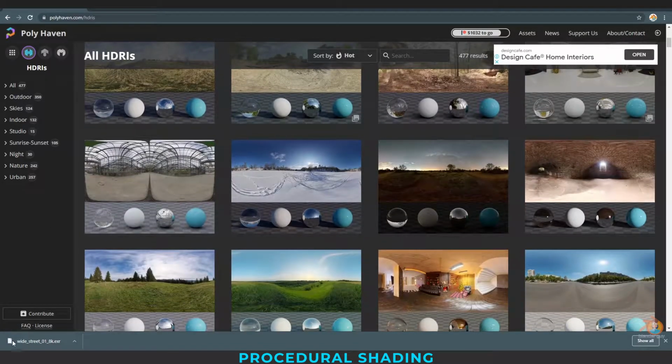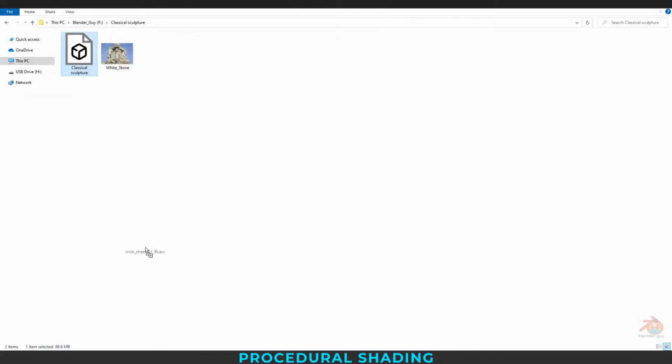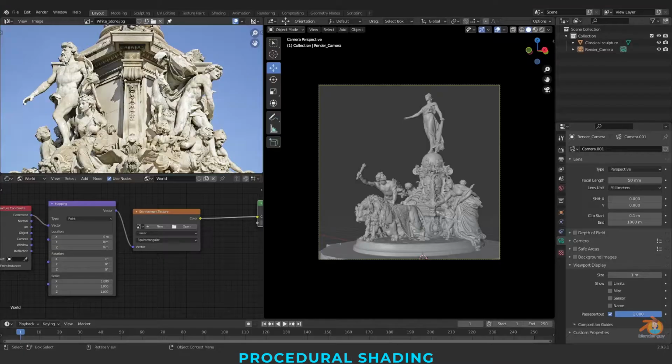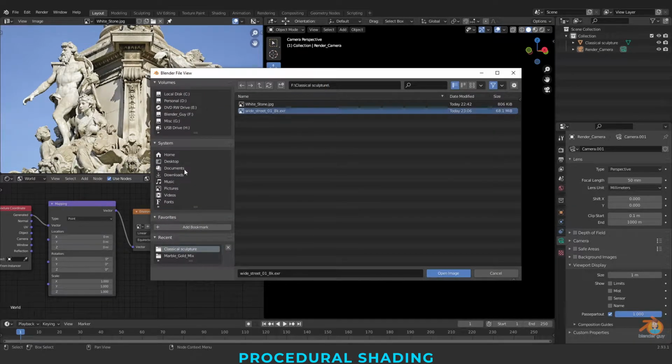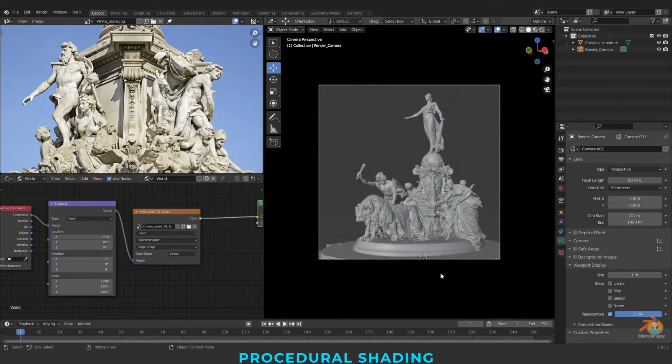Yeah, let me check this. I'm just taking this to our root folder, where our file is. It's again a good practice. Selecting this path, going back to our Blender, open and paste it. Just open our HDRI.